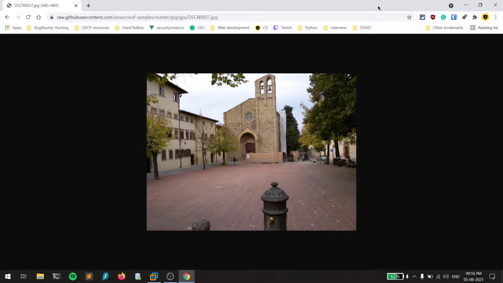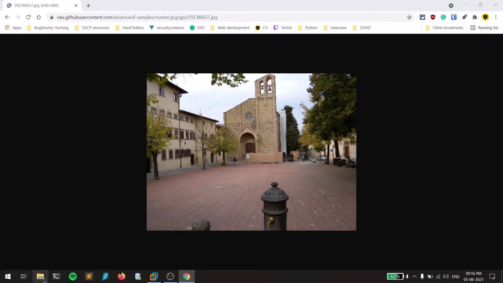So guys, this is the second episode of Image OSINT, and in this video, as discussed, we'll look into how to view EXIF data of any video or an image. This is the sample image I'm going to showcase in this video. This is a practice image that you can find, and I'll provide you the link for this image in the description below. So at most try to download this image.